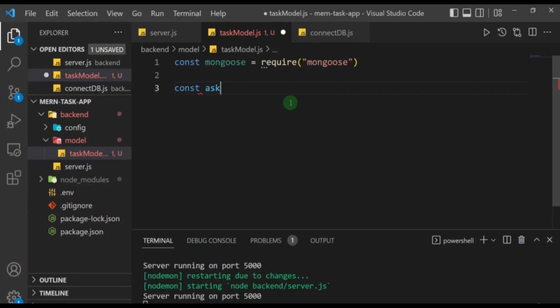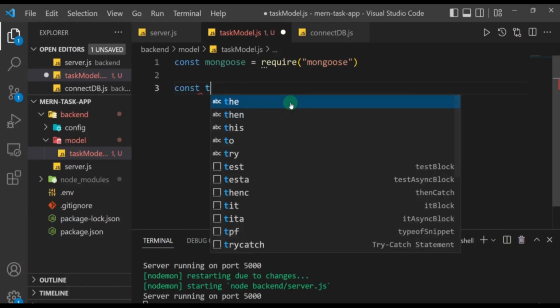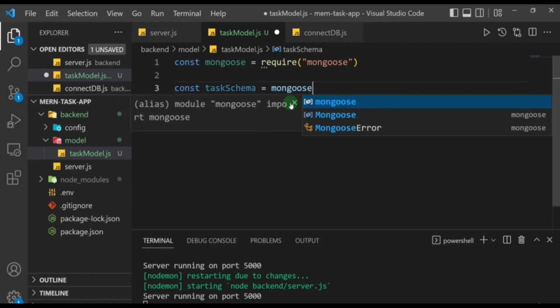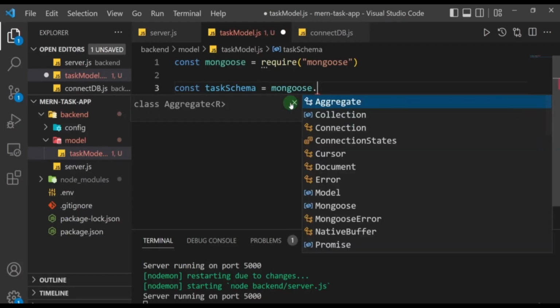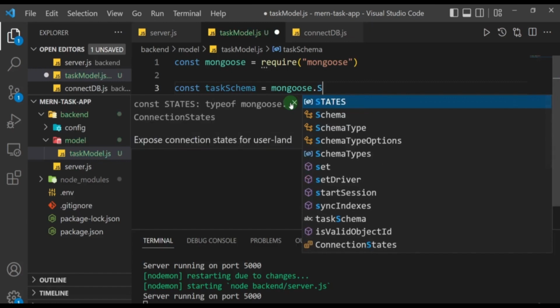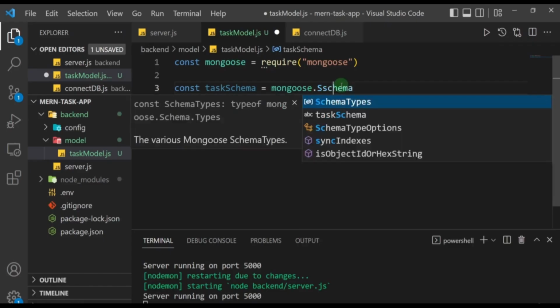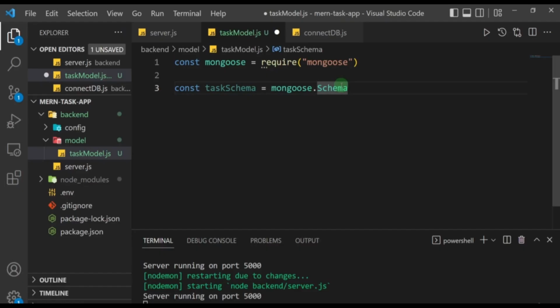I'll just call that taskSchema, and that's going to be equal to mongoose.Schema. The Schema keyword here is going to start with a capital letter, because it's now a method that is attached to this mongoose. So mongoose.Schema, that should be one S, sorry about that, and we're going to